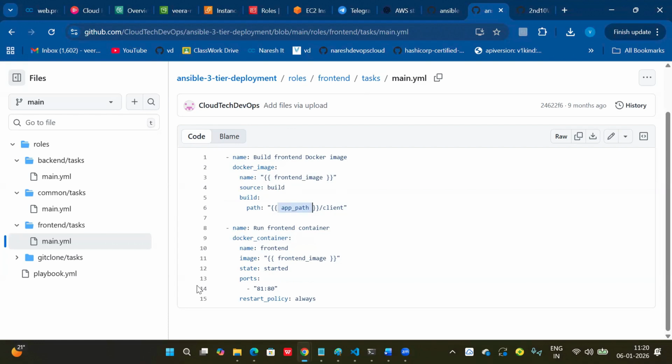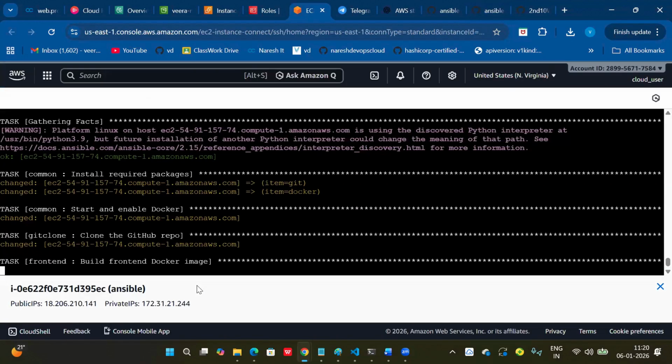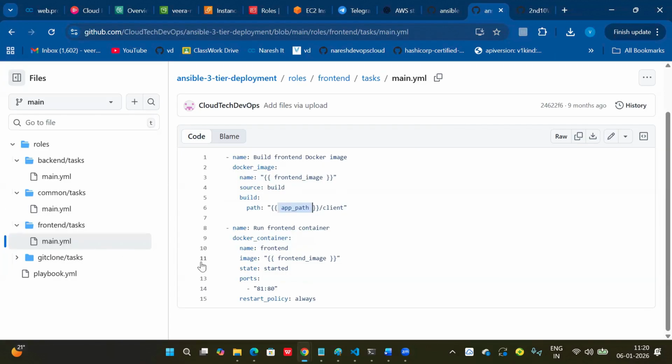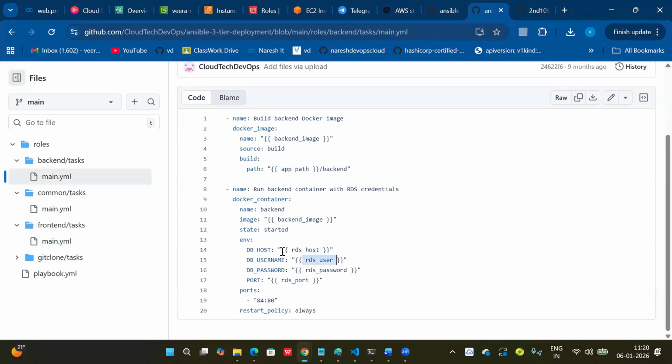Still the front end is going to deploy. So what changes do you need to make here? Just RDS. Create an RDS instance, go to the backend. You can add here the username, host, password, port number. That's it. Clear, na? So inside the server, the front end container will run and the back end container will run. Front end and back end will communicate based on these ports, and back end will communicate with RDS based on this host. That's it.